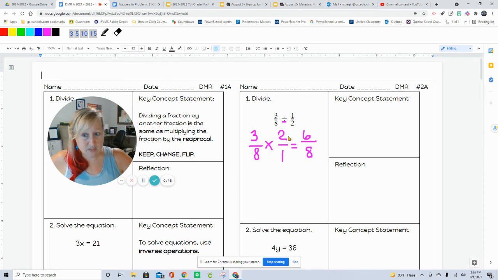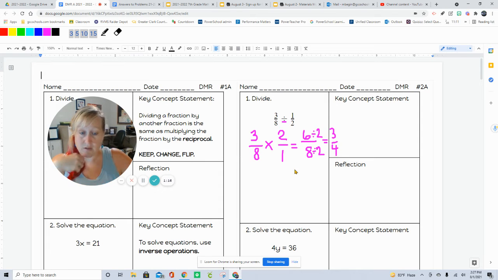Now, the problem with this one is you are now showing me your intelligence. You are showing me what level you're at. 6 over 8 is not a simplified answer because they're both divisible by 2. I can reduce this. See, they're both even numbers. So this one would be reduced by 2. And the bottom, the denominator, will also be reduced by 2. So your final answer will be